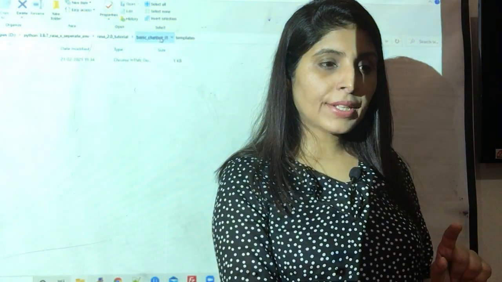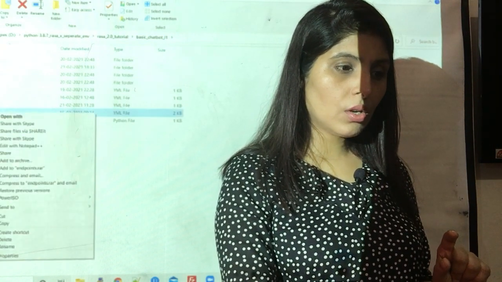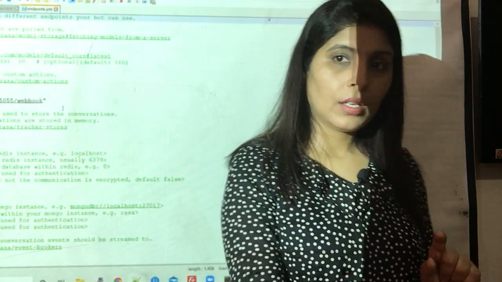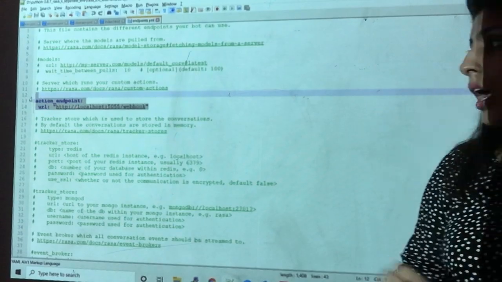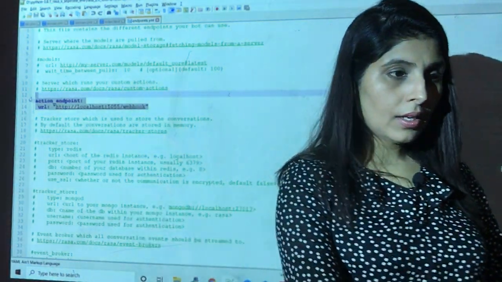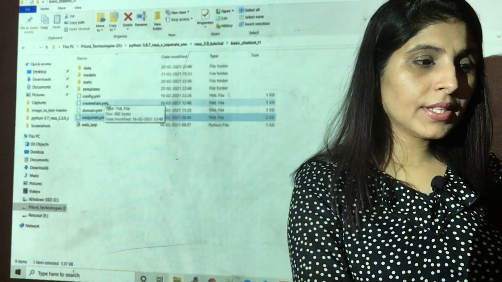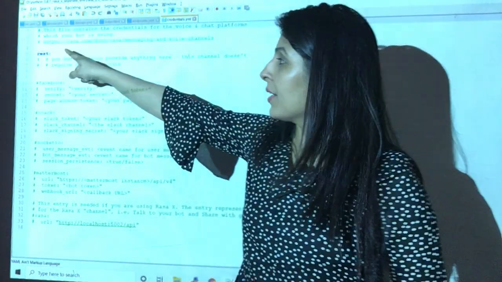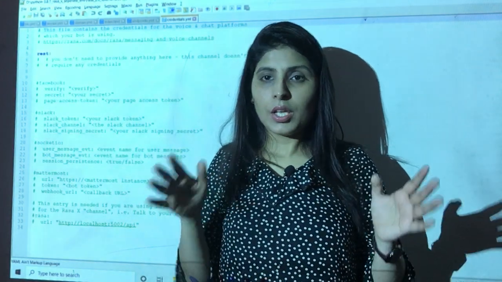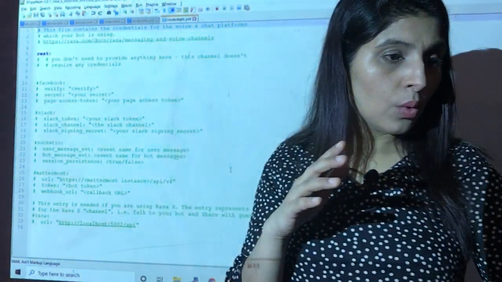One more thing you need to take care of: open this endpoints.yml file, and the action endpoint should be uncommented. After that, open this credentials.yml file, and in this credentials.yml file, REST should be uncommented. This is what you need to do to connect your Rasa chatbot with the front end which I have created